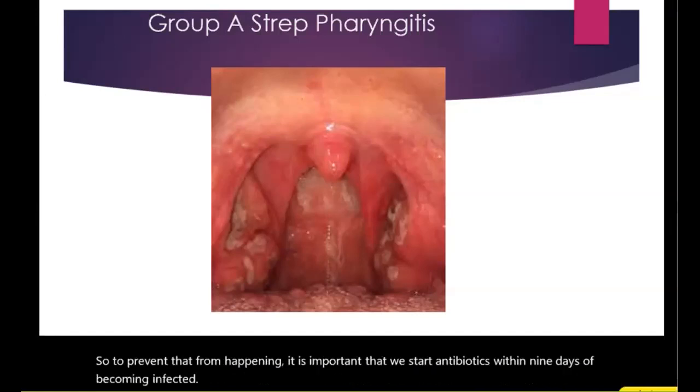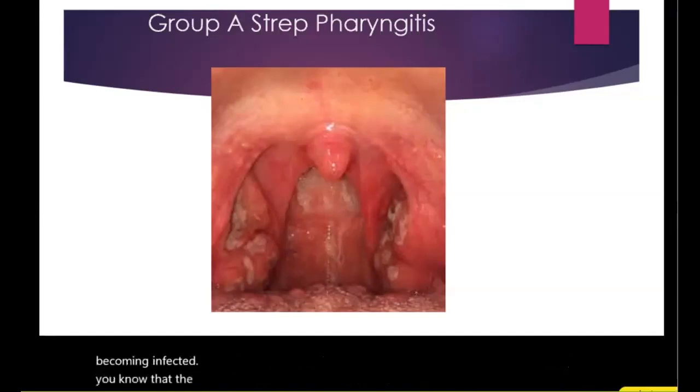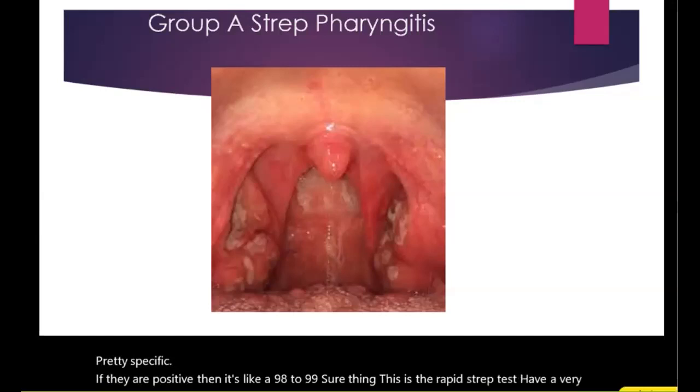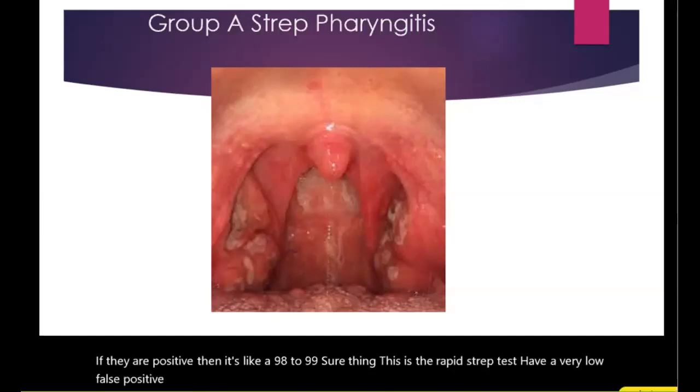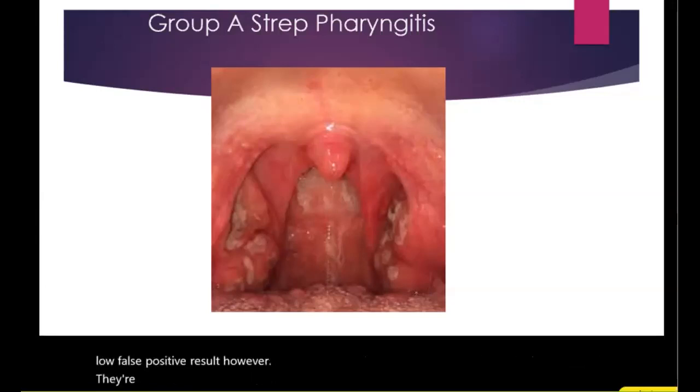You know, the rapid strep tests are pretty specific. If they are positive, then it's like a 98 to 99% sure thing. The rapid strep tests have a very low false positive result. However, they are only 70% sensitive, which means 30% of the time they're not really negative. So to truly be sure